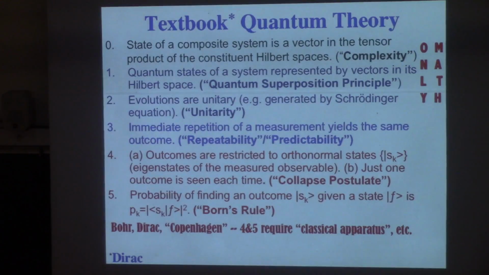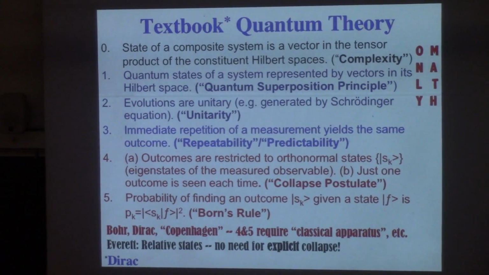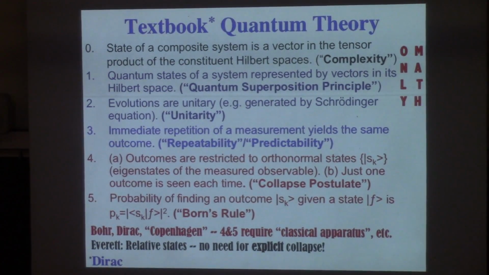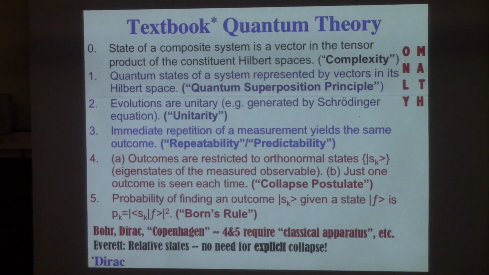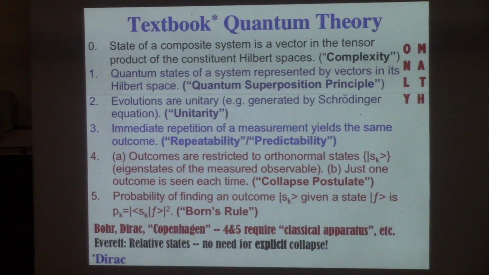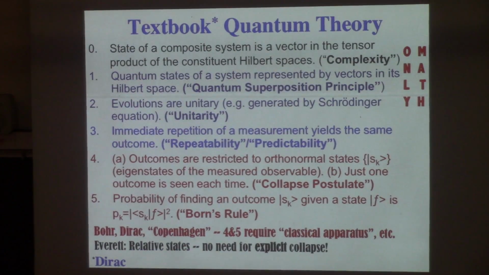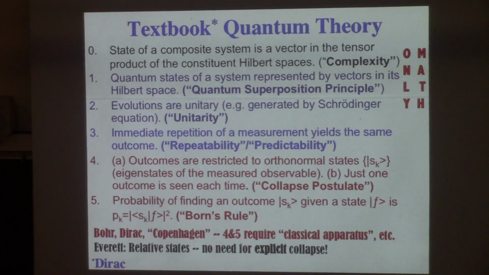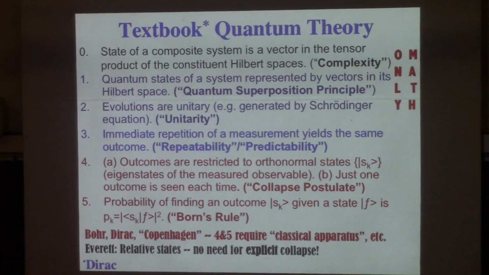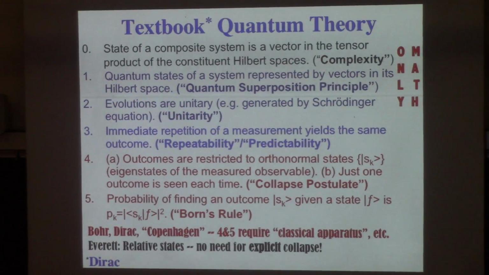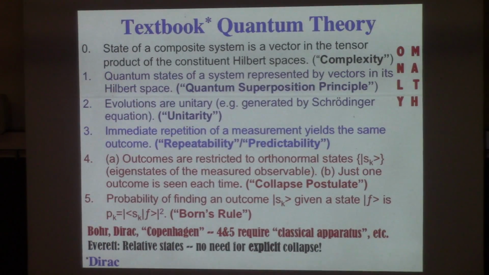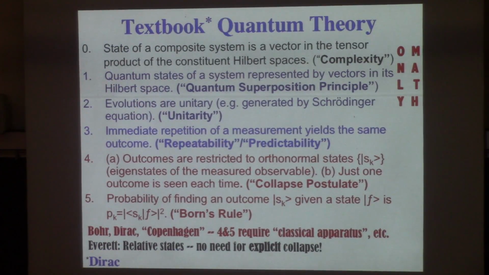So, you know, people who came up with quantum mechanics realized there was a problem. 4 and 5 clash with 0 through 3, and so they came up with interpretations. They were not always very convincing, the interpretations. Copenhagen was the word of the prophet, so to say, until Everett came around, and then Everett challenged it, and we will not rely on interpretations. We will not really talk about interpretations.